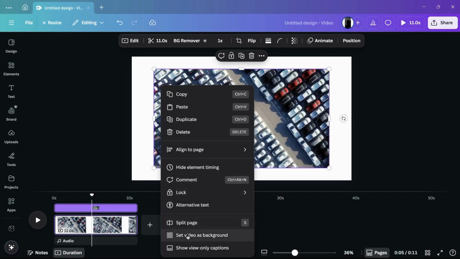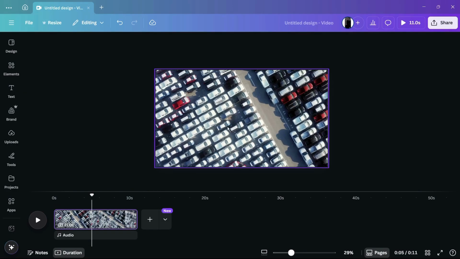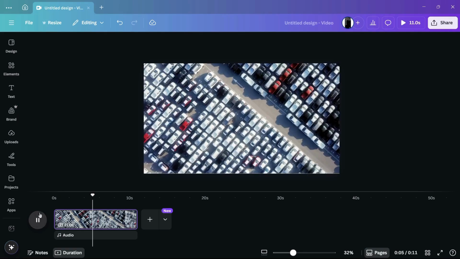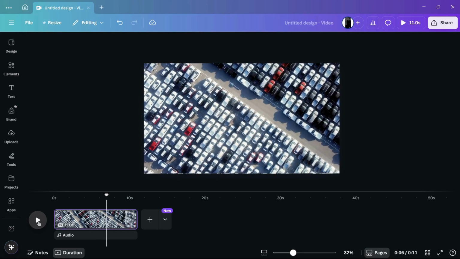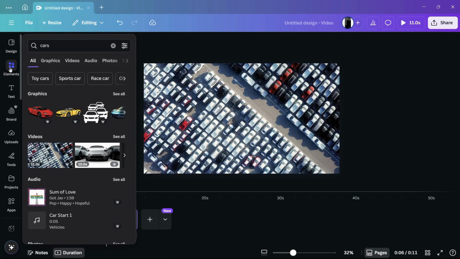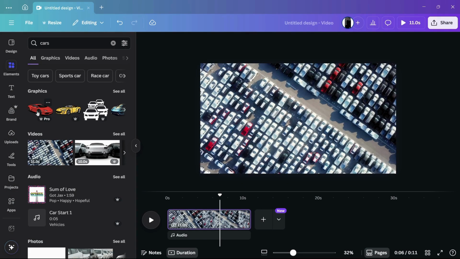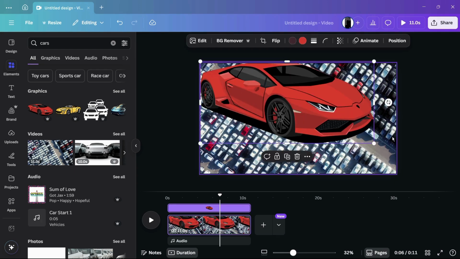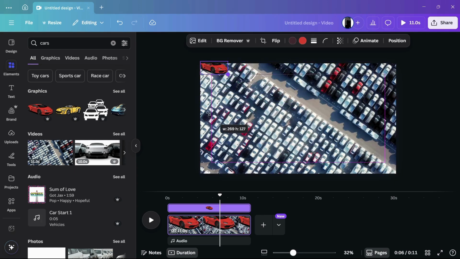So I'm going to click onto this set video as background so that it applies the full screen, and then I will add any element which we are going to lock. So to add any elements, I'm going to repeat the same step, and for example, I want this element right here. So let me adjust its size like this,